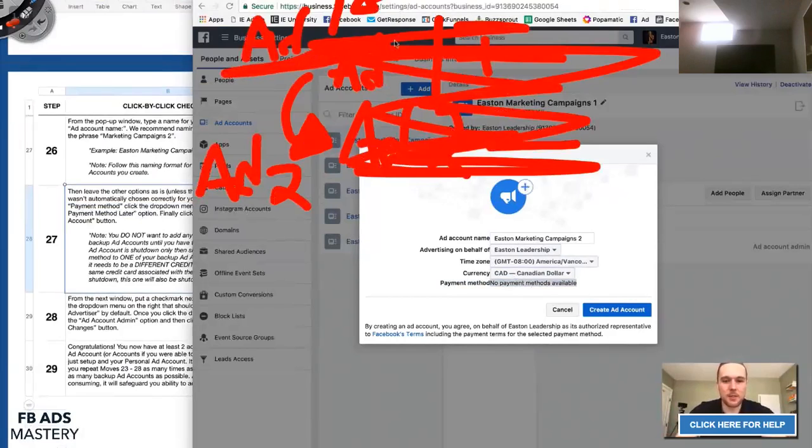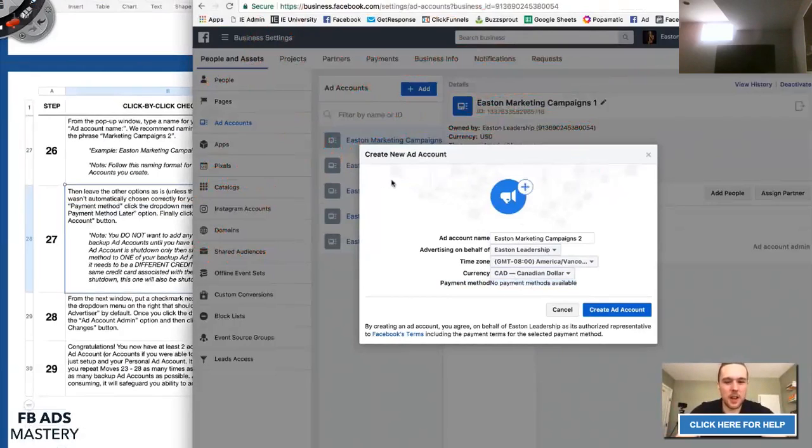This even goes for the small percentage of people that maybe you've entered billing info in your personal ad account already for whatever reason. Technically, it shouldn't be the same billing info that you even enter in ad account number 1. If you've already done that, it's not the end of the world, but just keep in mind that for all your ad accounts, whether it's your personal ad account or all these future ones that you're creating, never have the same billing info associated with any of them. Okay? It's a safeguard so that you'll be able to easily transition if one does get shut down. I know it's a little bit repetitive there, but it's very important that you understand that, okay?